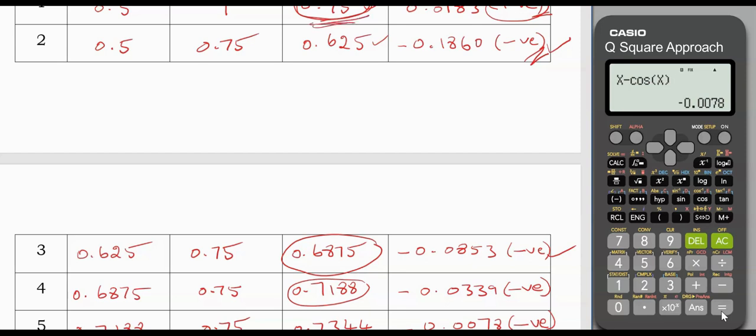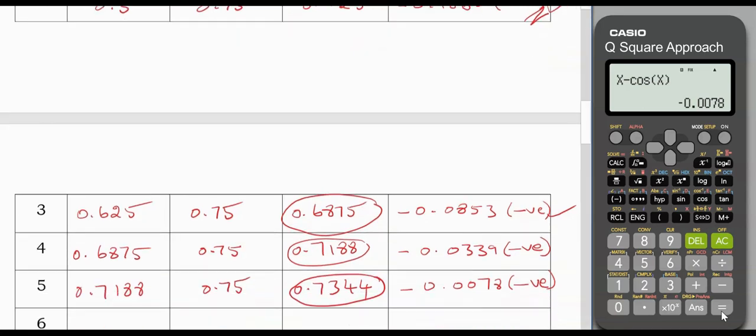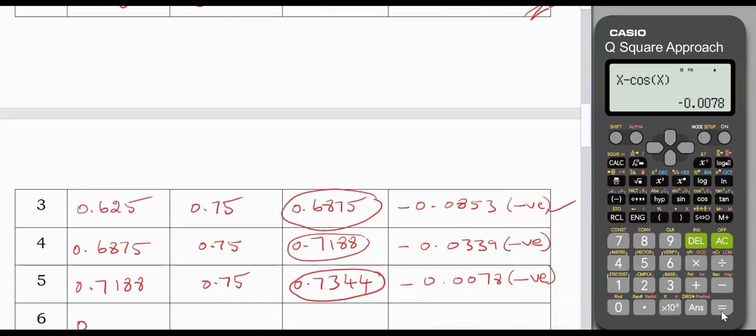So the root lies between 0.7344 and 0.75. From the calculator, A is 0.7344, B is 0.75, and X is